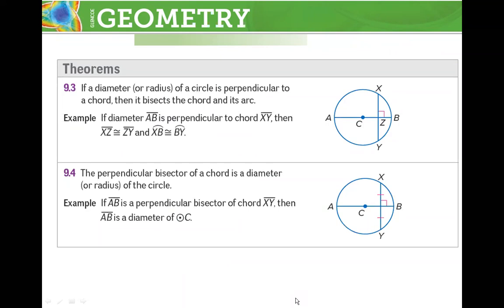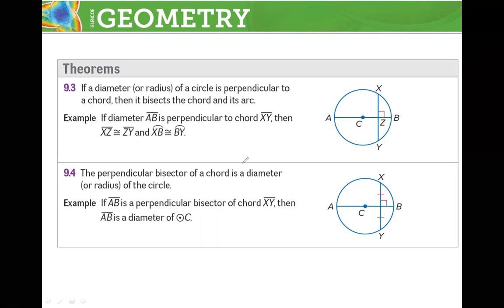Thanks, Mazen. I'm going to theorem 9.3. In theorem 9.3, if a diameter or a radius of a circle is perpendicular to a chord, then it bisects the chord and its arc. Again, from the beginning, I read it again. If a diameter or a radius of a circle is perpendicular to a chord, then it bisects the chord and